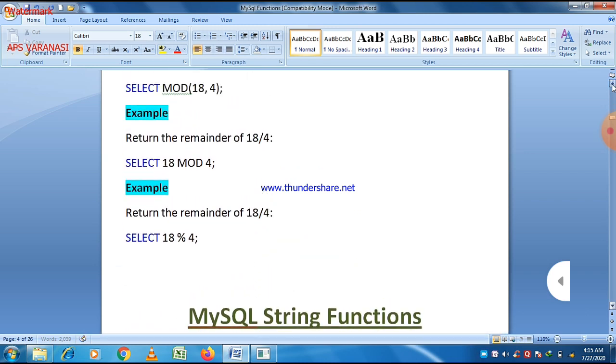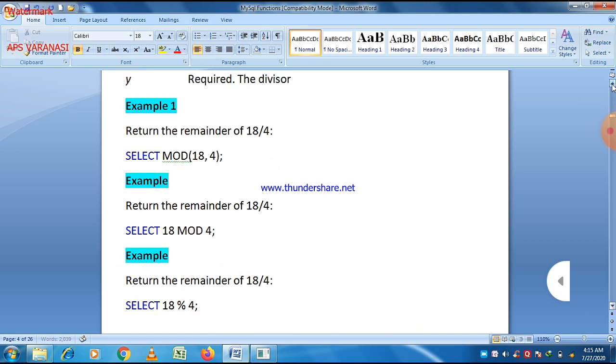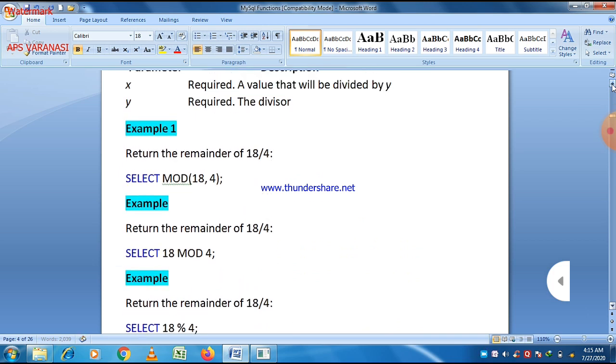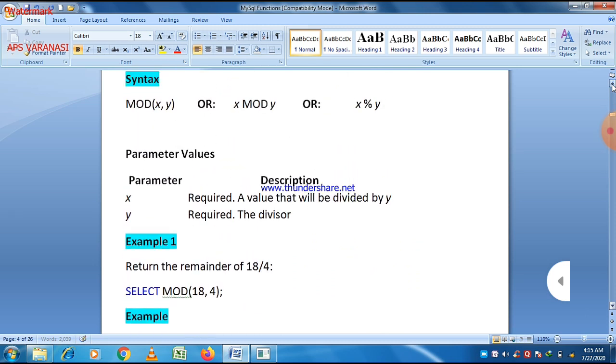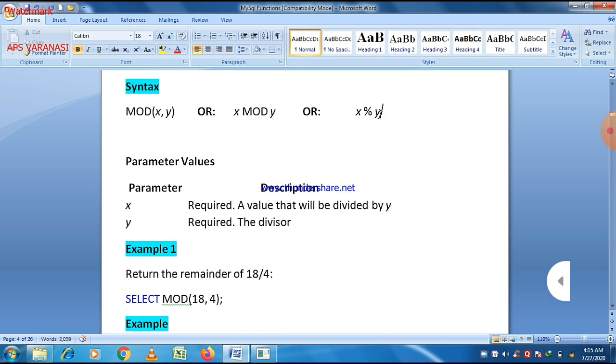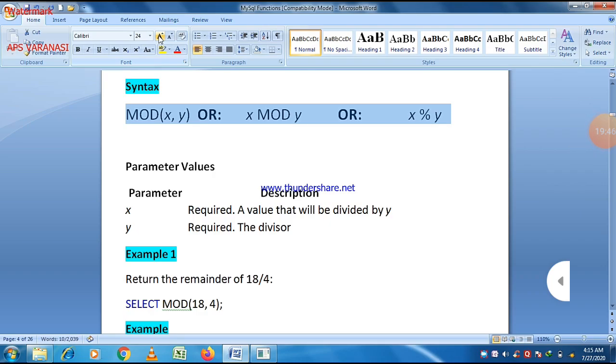One is using the modulo division operator, and two are the syntax of the mod function. Let us see the different methods. These are the three different ways: write MOD(x, y), or write x MOD y, or write x % y. The third one is an operator, and the first two are the two different uses of the mod function.